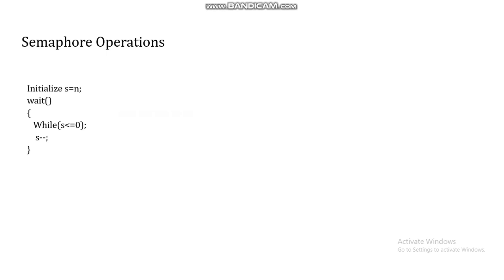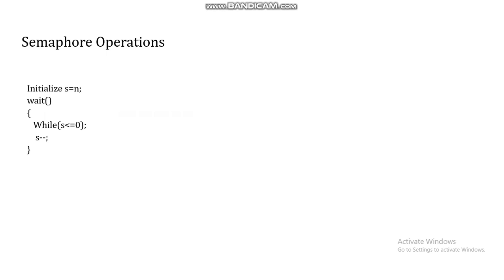The value of s at any point of time tells us if the resource can handle the critical section. If the value of variable s is 0, it means that n resources are already handling the critical section and we need to wait for one of the resources to free the critical section. Once the value of s increases from 0, our resource can go ahead and execute the critical section. But before doing so, it needs to lock it, and it does so by decreasing the value of s by 1.